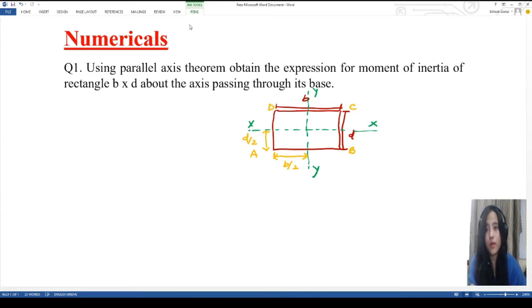Now we are asked to find moment of inertia about the axis passing through its base. So for this rectangle, the base will be AB, right? The base here will be AB, and this base AB is passing parallel to the centroidal axis XX axis here, right? So this one here is my centroid G. Now by parallel axis theorem,